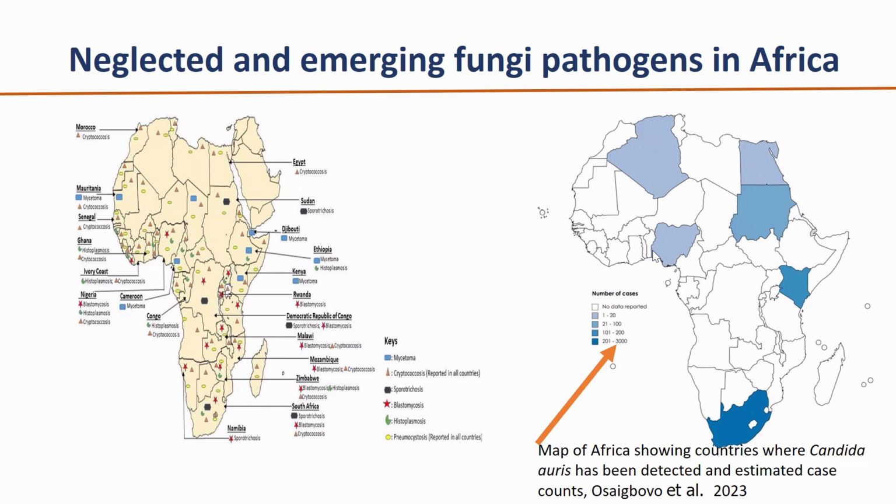And yet we still have a low index of suspicion from clinicians and low diagnostic capacity, which lead to low reporting of these cases. But looking at the emerging fungal pathogens, Candida auris has gained popularity across the globe and has gained public health attention because of its resistance pattern to antifungals. Candida auris is one of the yeast pathogens which is resistant to almost all the antifungals that are around, and managing it is very critical, and most of the time it causes a lot of mortality. And it has also been reported in Africa.